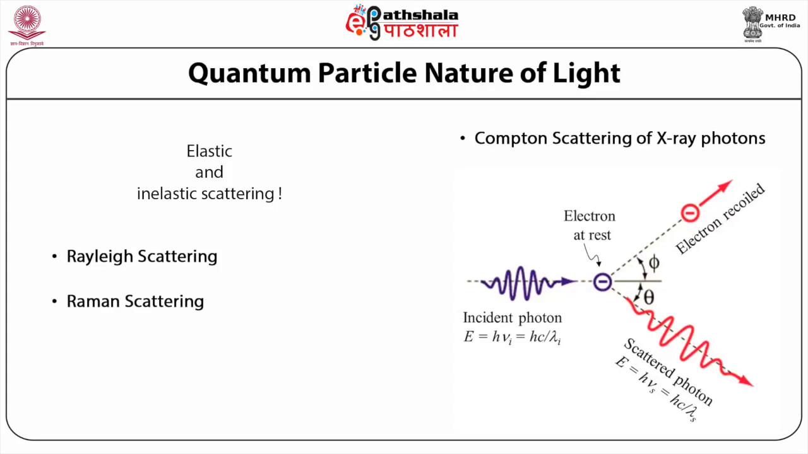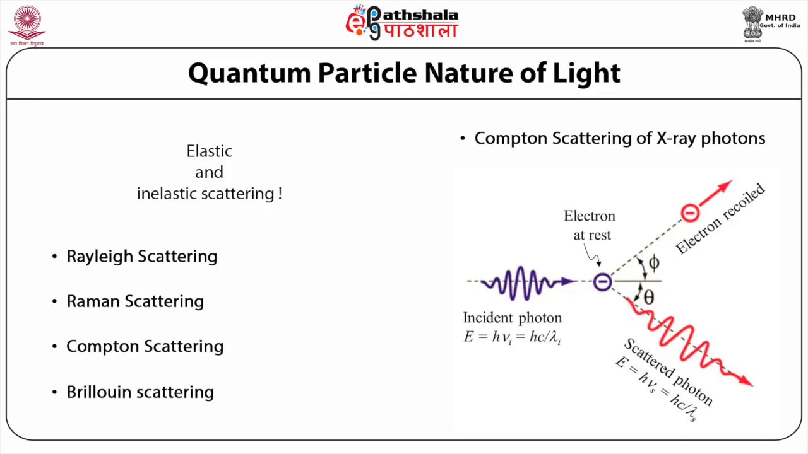Raman scattering is another very important scattering process for which our Indian scientist Professor C.V. Raman got the Nobel Prize in 1928 or so. Compton scattering, as we just explained, is another scattering process, and then we have Brillouin scattering. So scattering is a process which needs to be explained properly with the help of the